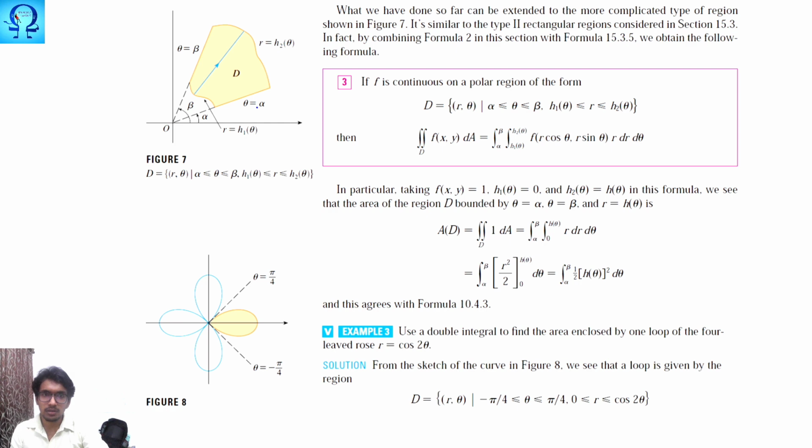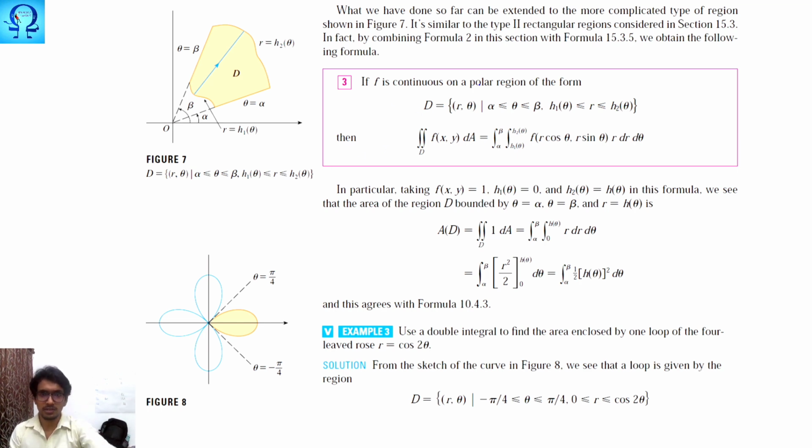It is quite a complicated region. Here you may notice that your theta ranges over something and your r ranges differently. It is some function of theta, because it is not moving in a uniform path. You may notice that it is moving something like this. So your r value depends on theta. Similarly, here also your r value depends on theta. How are we going to handle such things? That is what we are going to see now.